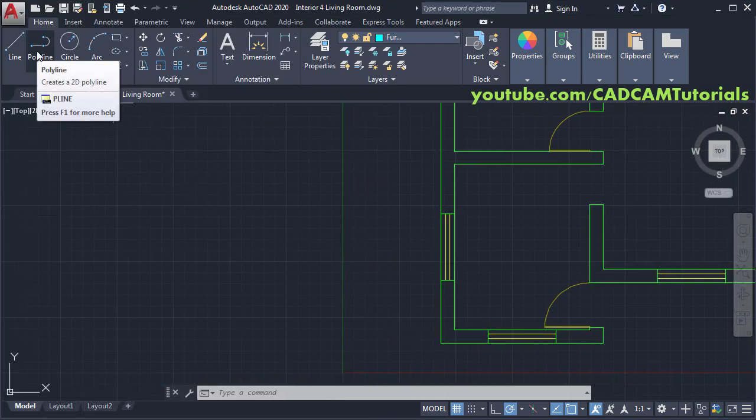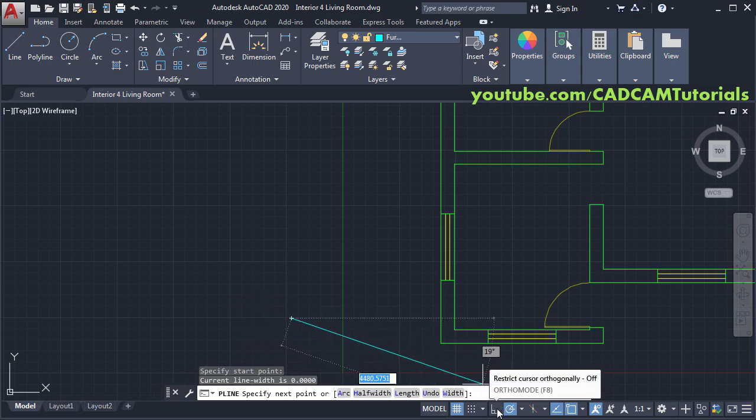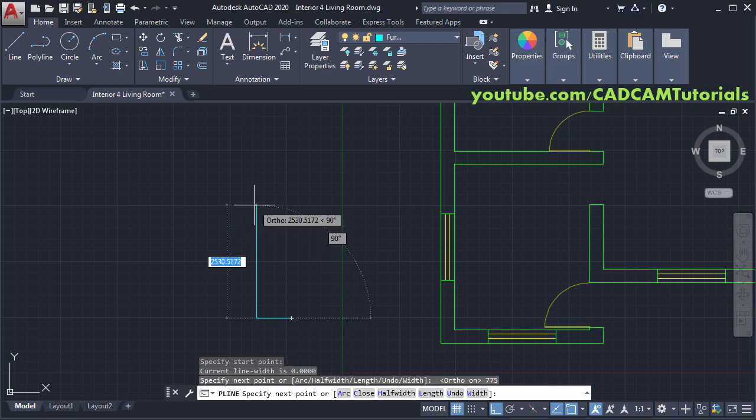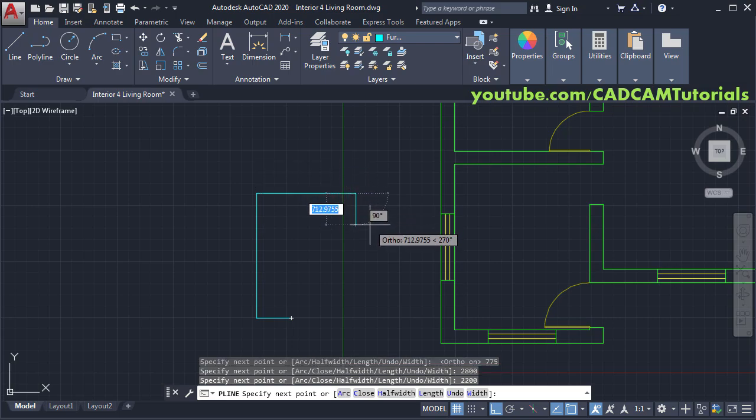Click on polyline, then specify first start point, make ortho on, take your cursor on this side, give the length of 775, enter, take your cursor above, give the length of 2800, enter, then take your cursor on this side, give the length of 2200, enter, then take your cursor below and give the length of 775, enter, enter, then zoom it,